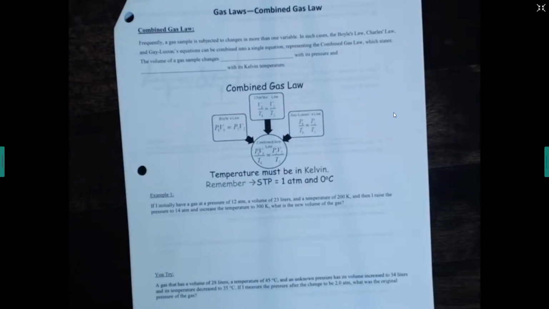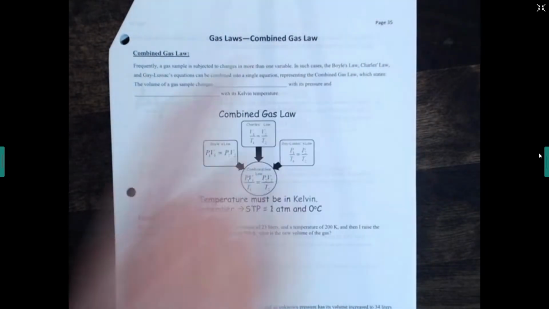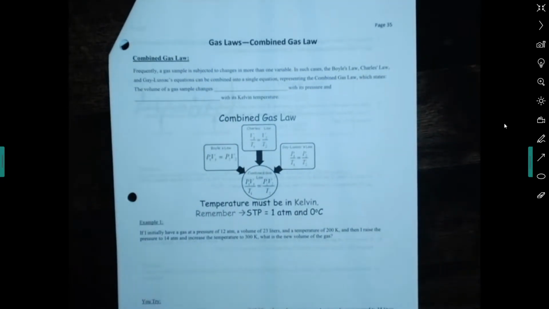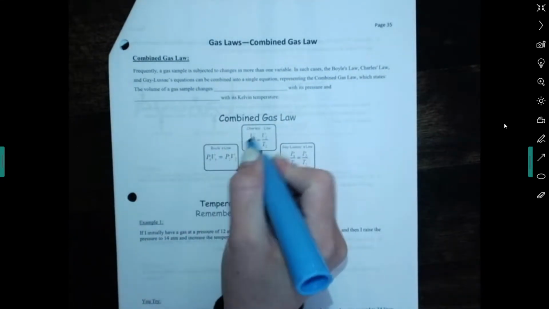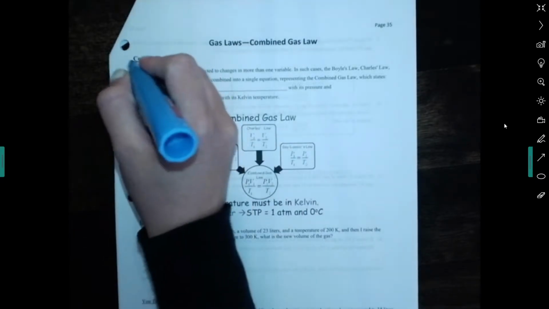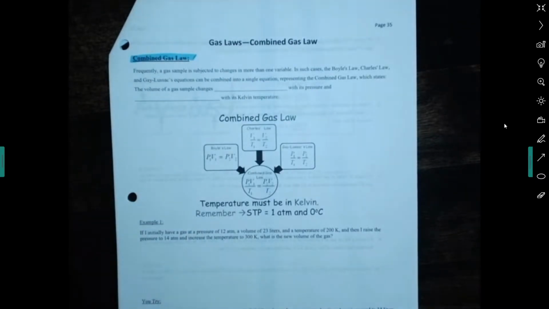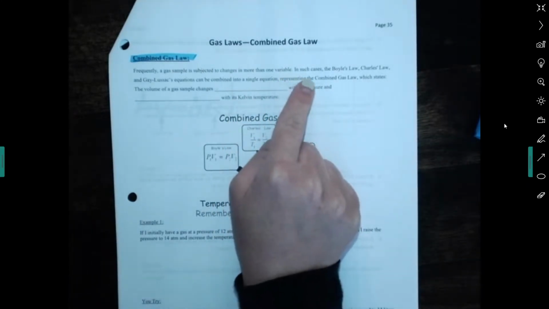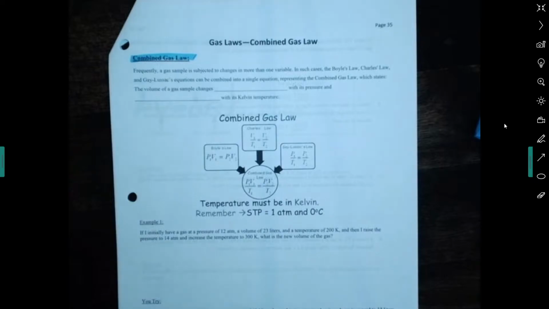Hey guys, we're going to do page number 35 today, which is the combined gas law. Okay, so the combined gas law is exactly what it sounds like. It's a combination of Boyle's law, Charles' law, and Gay-Lussac's law. So frequently a gas sample is subject to changes in more than one variable. In such cases, all three of these equations can be combined into a single equation representing the combined gas law,